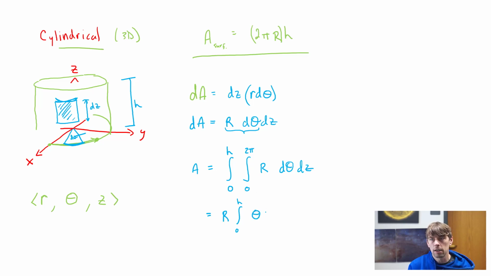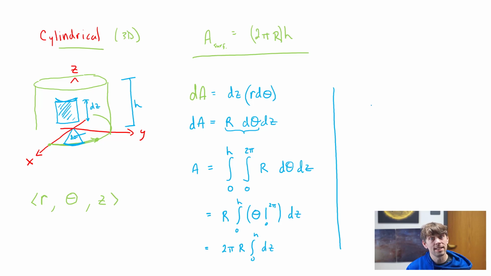So we get theta from 0 to 2 pi. And then we have dz. We do upper limit minus lower limit, and we notice that we get a 2 pi. So we have 2 pi r, integral from 0 to h of dz. Of course, the integration of dz is just z. And so at the end of the day, we get that the area is 2 pi r z evaluated from